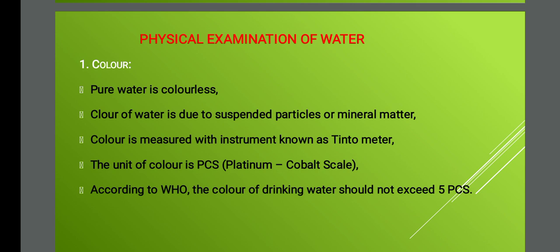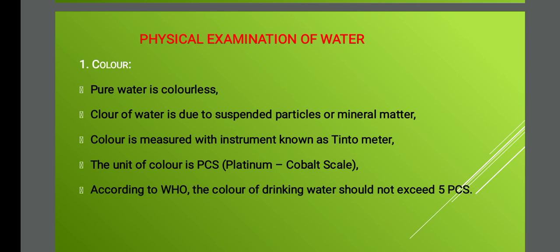ஸோ கலர் இஸ் மெஷர்ட் பை இன்ஸ்ட்ருமெண்ட் கால்ட் அஸ் tintometer. And the unit for color is nothing but PCS. பிசிஎஸ்னால் ஒன்றும் இல்லை, பிளாட்டினம் கோபால்ட் ஸ்கேல். அது ஃபிக்ஸ் பண்ணி ஸ்டாண்டர்ட் வச்சுருப்பாங்க. அந்த ஸ்கேலை பார்த்து நமக்கு என்ன கலருக்கு என்ன ஆல்கைனா, வாட்டர் அசிடிக்கா, அல்கலைனா, இல்லை அதை யூஸ் பண்ணலாம் பியூர் வாட்டர் அப்படின்னு சொல்லி நம்ம ஃபிக்ஸ் பண்ணலாம். இஸ் இட் ஓகே? அண்ட் அக்கார்டிங் டு ஹூ இஸ் நத்திங் பட் வேர்ல்ட் ஹெல்த் ஆர்கனைசேஷன், தே ஹாவ் ஃபிக்ஸ்ட் த கலர் ஆஃப் ட்ரிங்கிங் வாட்டர் ஷுட் நாட் எக்ஸீட் 5 PCS. ஸோ உனக்கு குடிக்கணும்னா அந்த தண்ணி குடிக்கிற தண்ணியாக இருக்கணும்னா அதுக்கு பிசிஎஸ் கண்டிப்பாக எப்படி இருக்கணும்? less than 5 இருக்கணும். 5க்கு ஜாஸ்தியாக இருந்துச்சுன்னா we can't use that particular water as a drinking water.